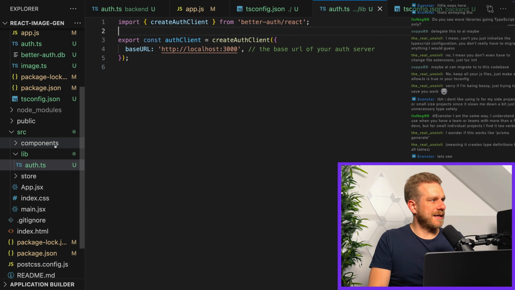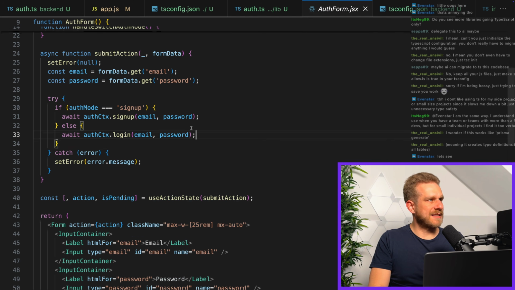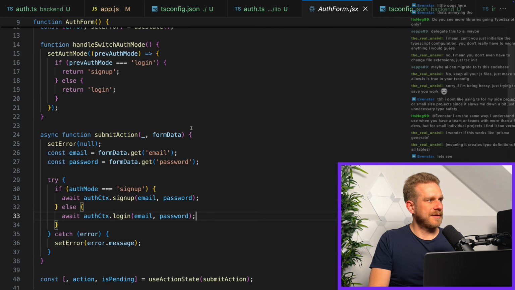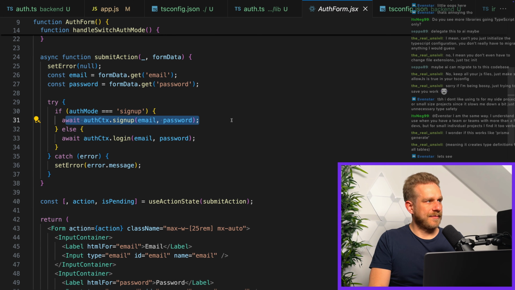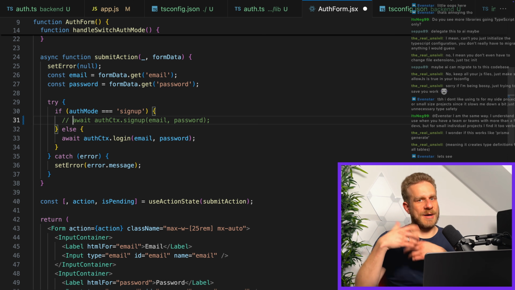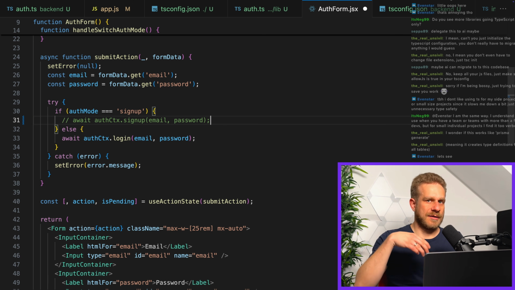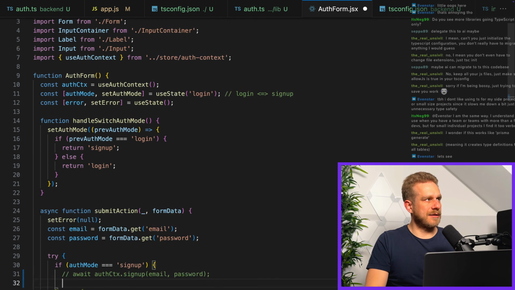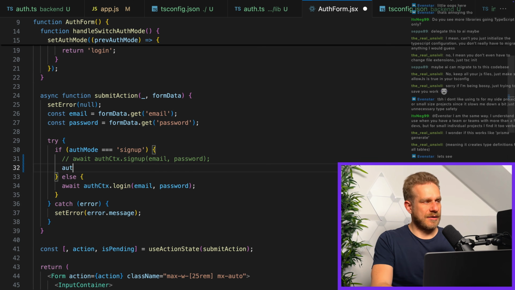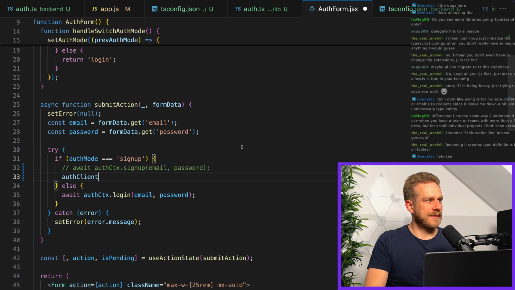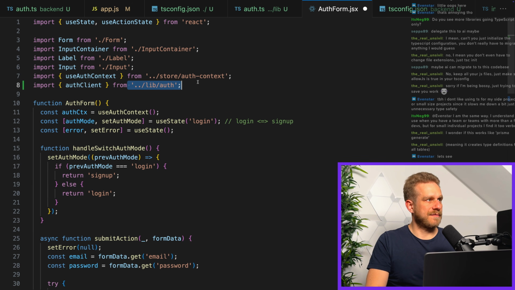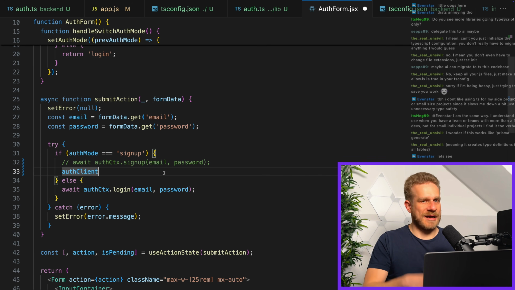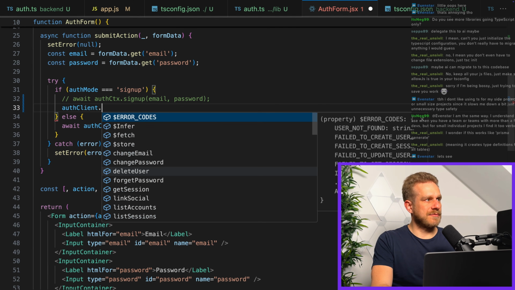So I guess that's an auth form here where I previously called my own sign up function that would send a request to my own backend to a route that doesn't exist there anymore. In here, I now want to use that auth client, which I'm importing from that lib folder, and then use,